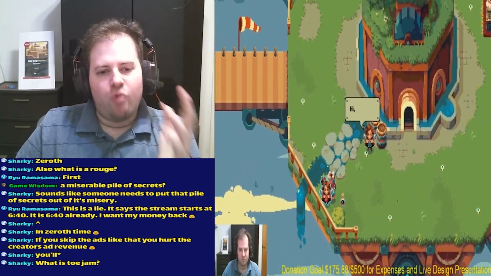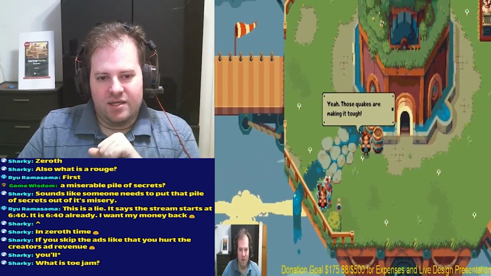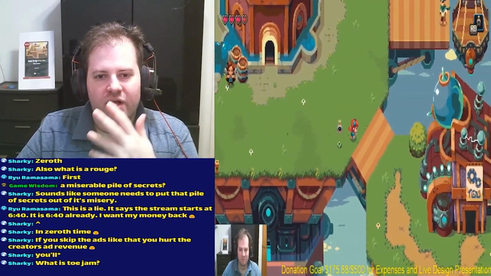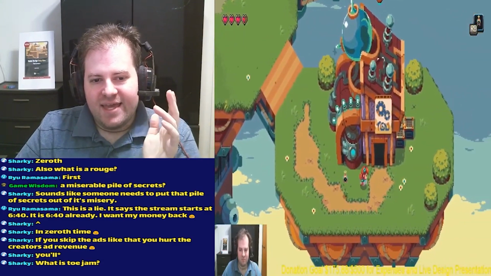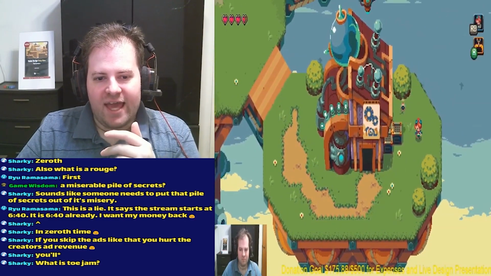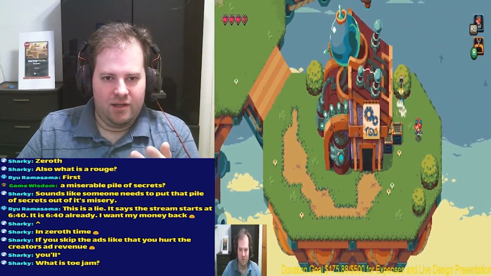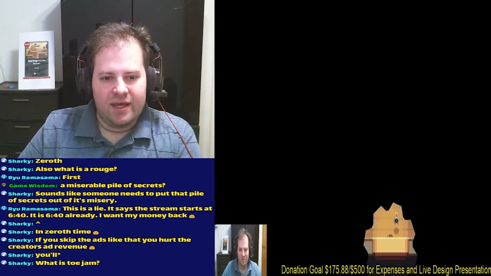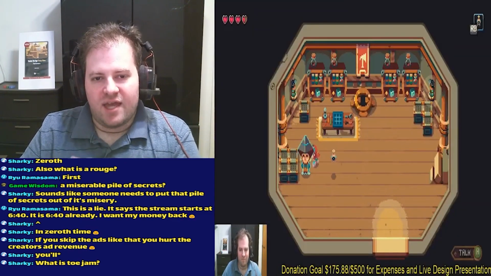But roguelite is something that we refer to games that have random or procedural elements, but it deals more with having a fixed end. What that typically means is that when we look at a roguelike, you are able to play this game multiple times.